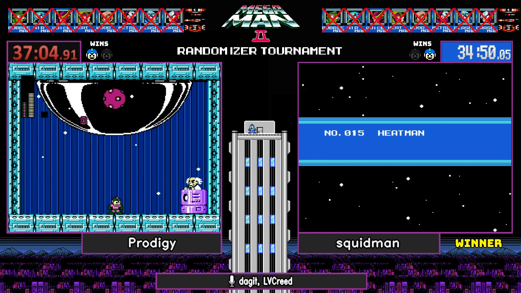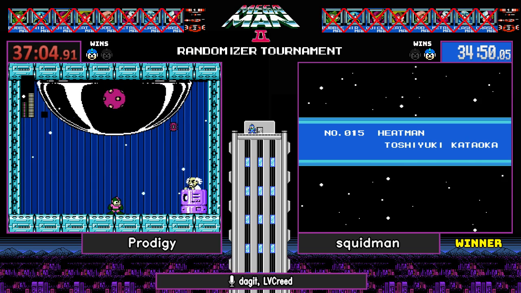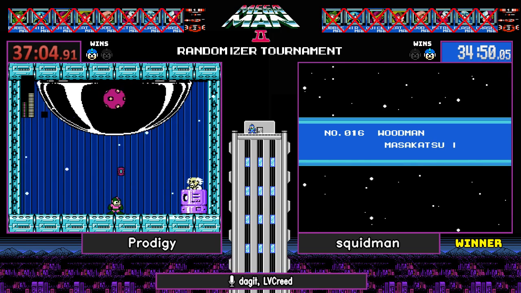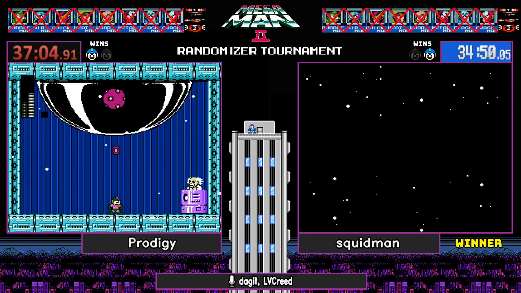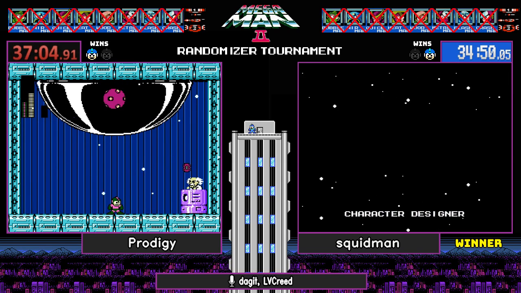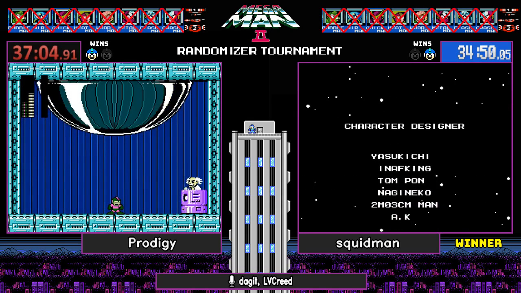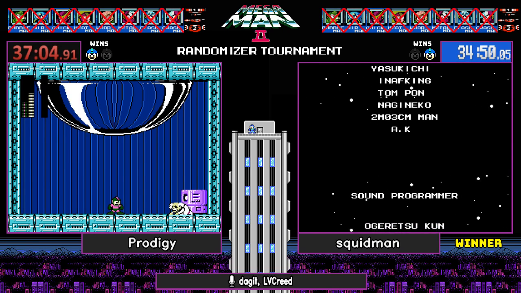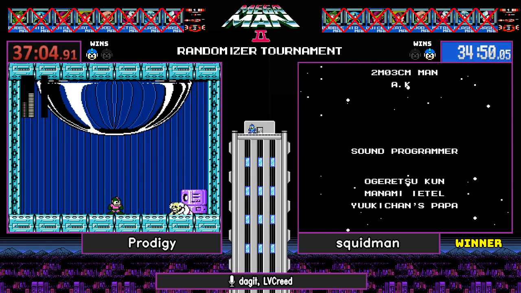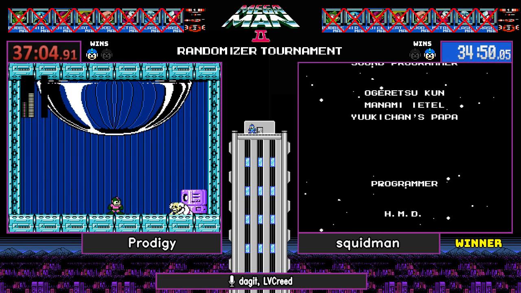But anyway, GGs to Prodigy as we have an official SRL time of 37 minutes and 6 seconds. GGs to both of our runners, but GG mostly to Squidman as he pretty much closed the gap and put us in a Game 3 scenario. So as we wait for our seed to get going and our rematch race to start one more time,